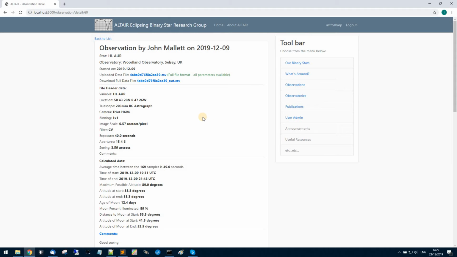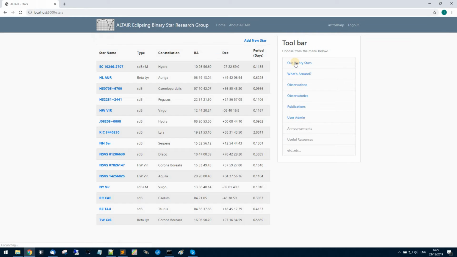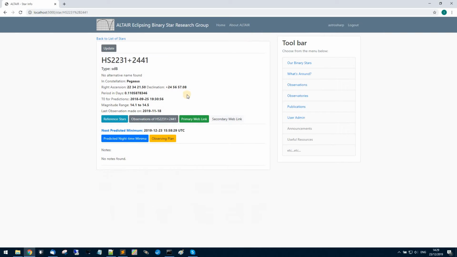So that's how you find an observation and view it. And the other way is, if you're interested in a particular star and all of the observations that have been made for that star, then the best thing to do is to go in and say, okay, let's have a look at HS2231. I'm interested in that, so I'm clicking on the star and I'm being shown the information